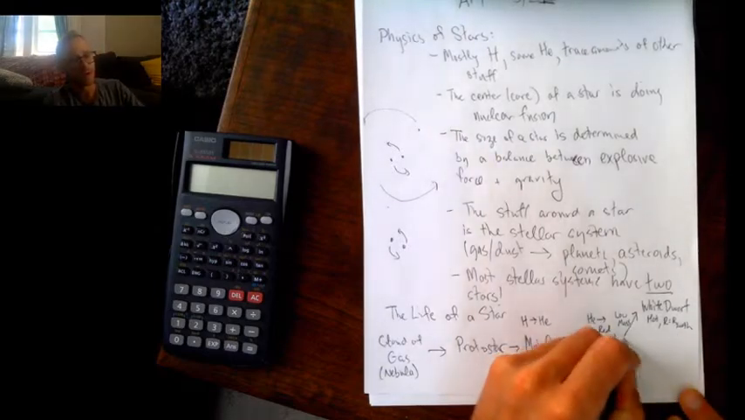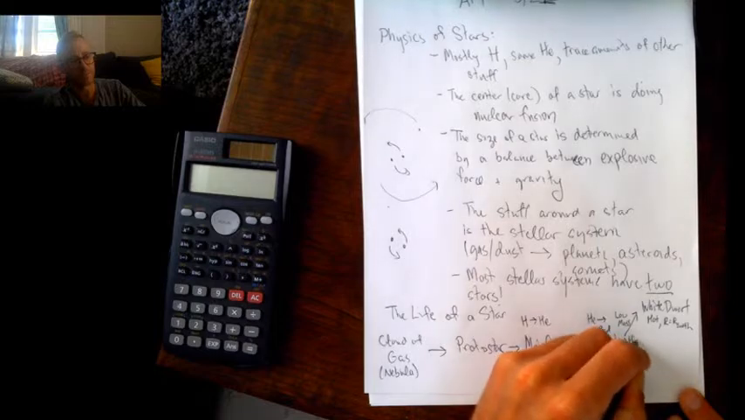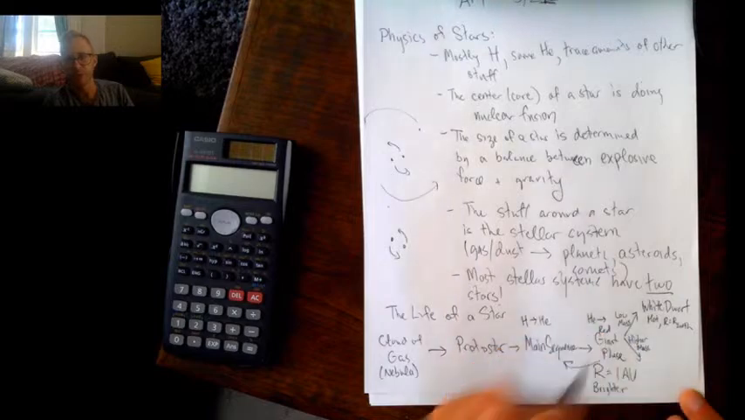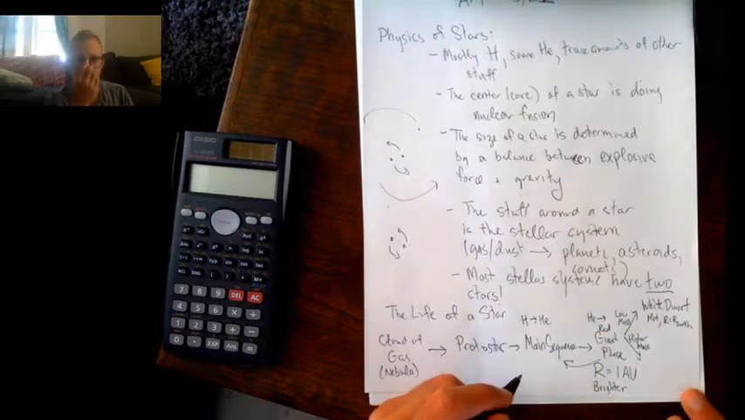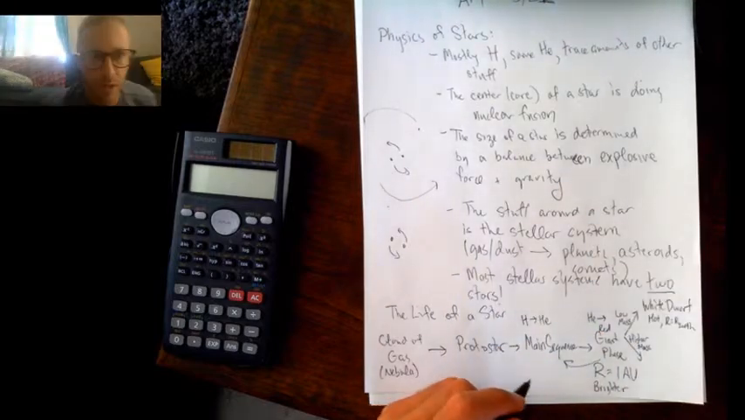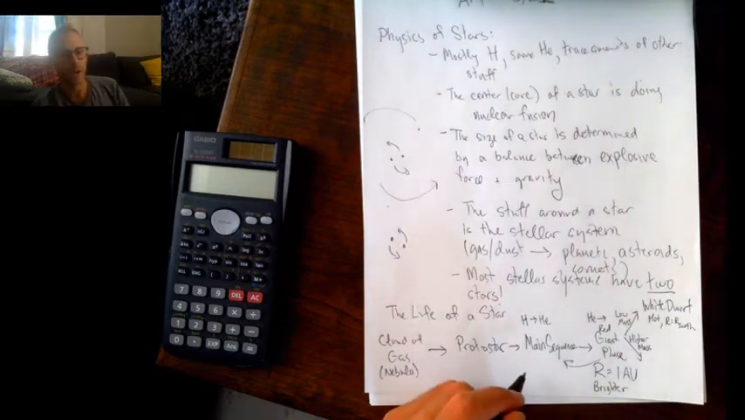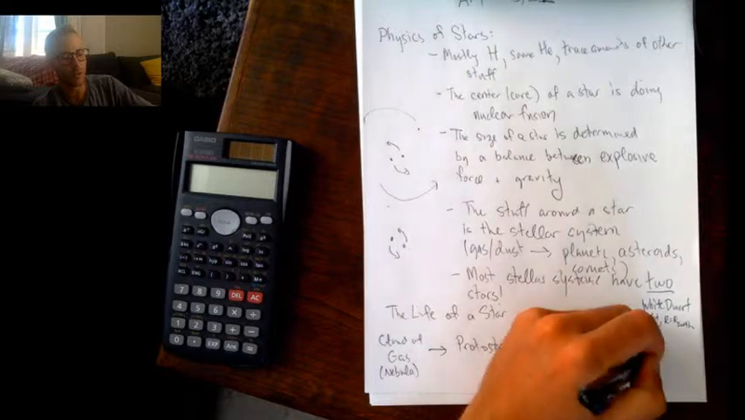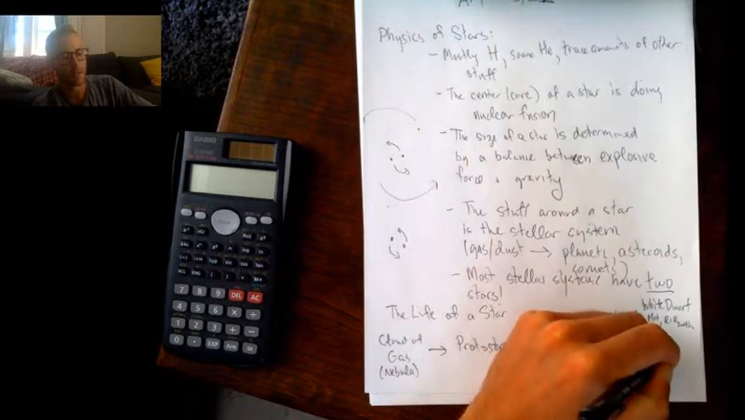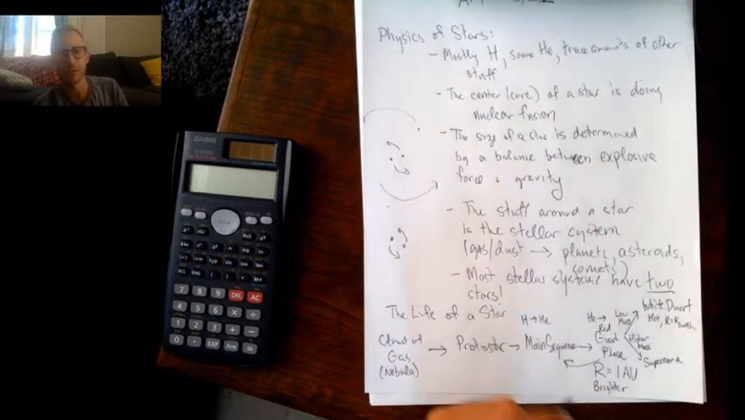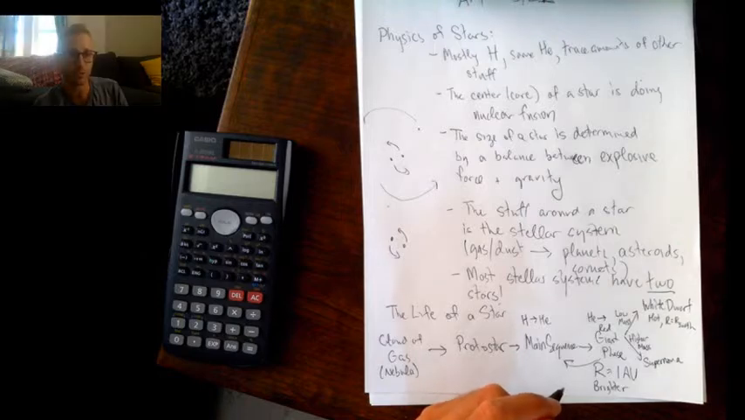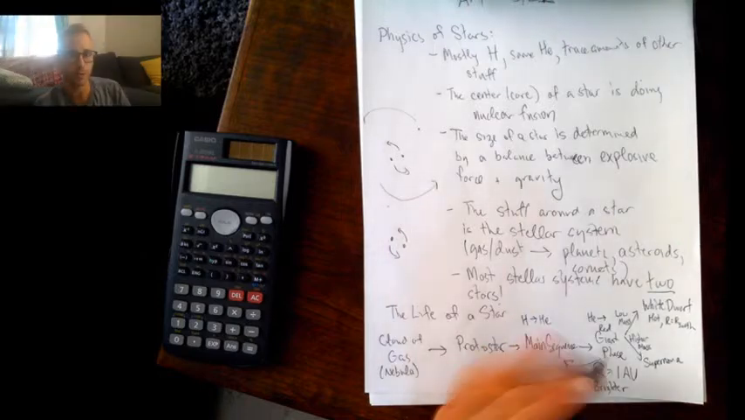But if we have a higher mass star, and I can't remember what the exact boundary is, I want to say it's something like 10 solar masses or 8 solar masses, then the star has what's called a supernova. And a supernova is a gigantic explosion. So what happens in a supernova? Well,